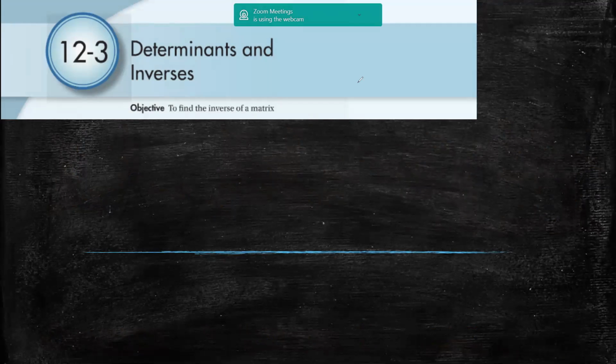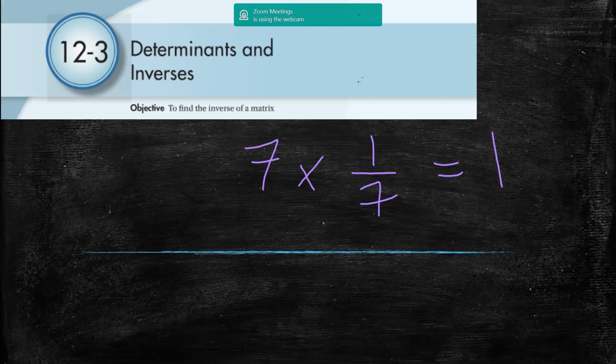number 7, and we multiply the number 7 with its reciprocal, we get 1. So the product of any number with its reciprocal is 1. And 3 with its reciprocal is also 1. And negative 5 with its reciprocal is 1. Here also in matrices we have the same. If you multiply any matrix,